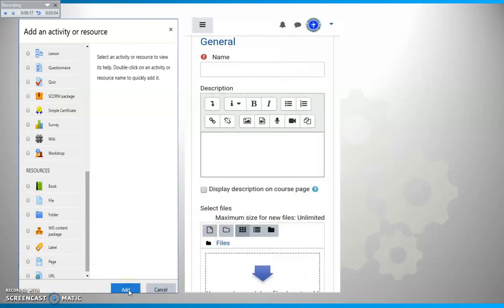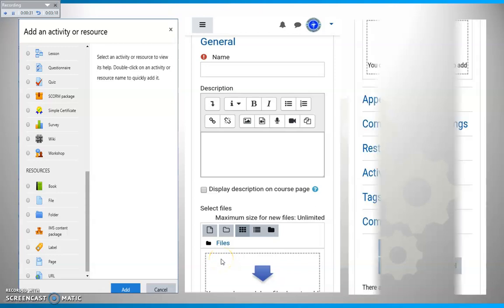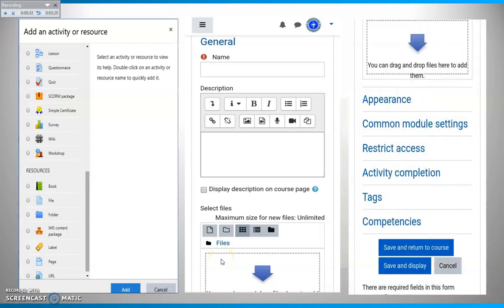After clicking the add button, another window opens, and here you have to fill in the name of the file, page or URL, your description, and upload the file. After uploading, some options are listed over here. You have to modify those options as per your requirement, and finally click on save and return to the course.